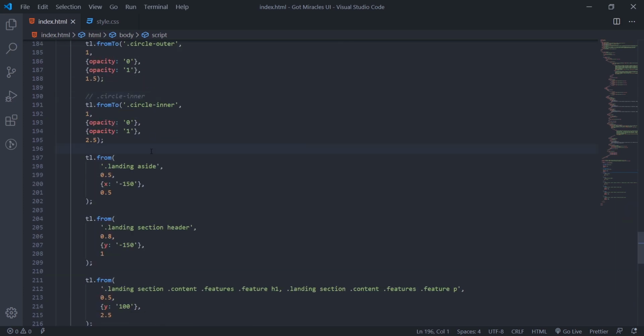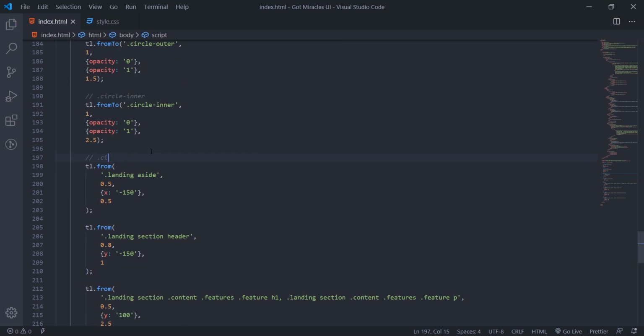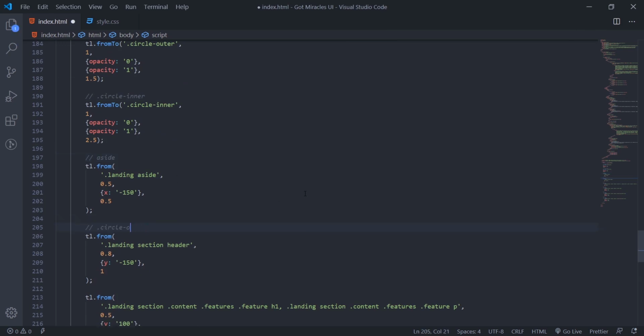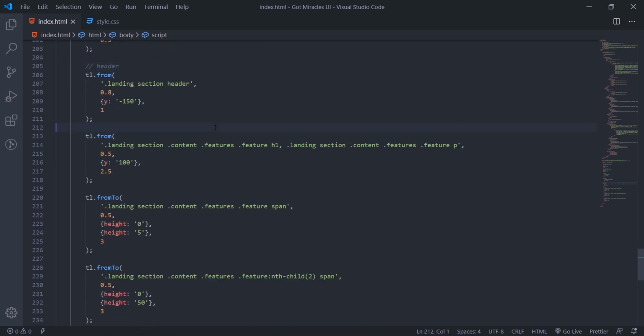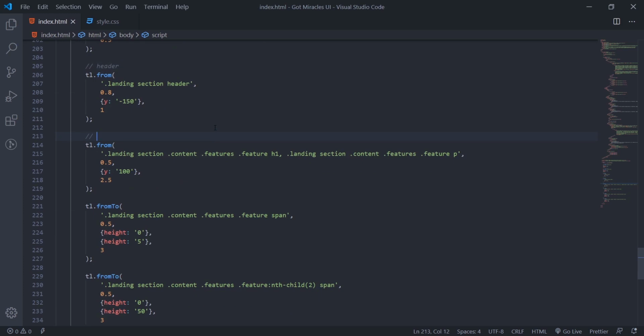Then this one will be the aside. This one will be header. Then are the fissures.